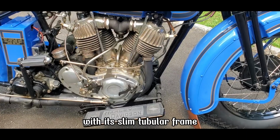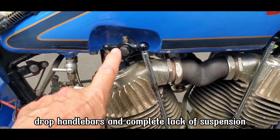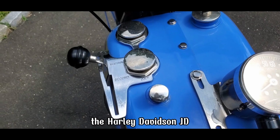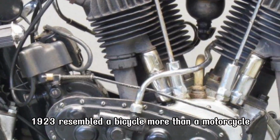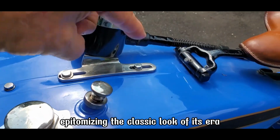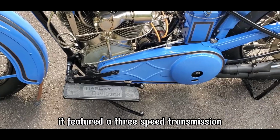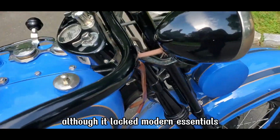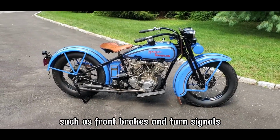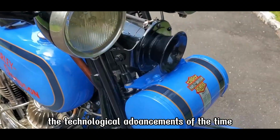With its slim tubular frame, narrow tires, drop handlebars, and complete lack of suspension, the Harley-Davidson JD 1923 resembled a bicycle more than a motorcycle, epitomizing the classic look of its era. It featured a 3-speed transmission operated via a tank-mounted shift lever. Although it lacked modern essentials such as front brakes and turn signals, it perfectly represented the technological advancements of the